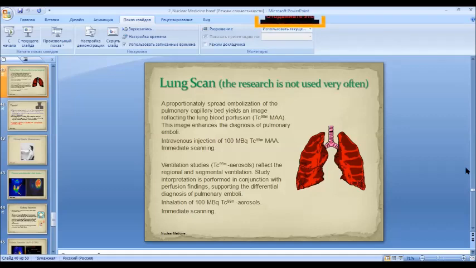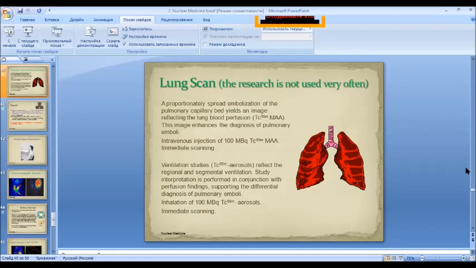After intravenous injection of technetium as a radioactive tracer combined with a specific molecule which has affinity to lung tissue, and after immediate scanning, we may obtain very clear pictures where blood flow in lung tissue is insufficient. Also,